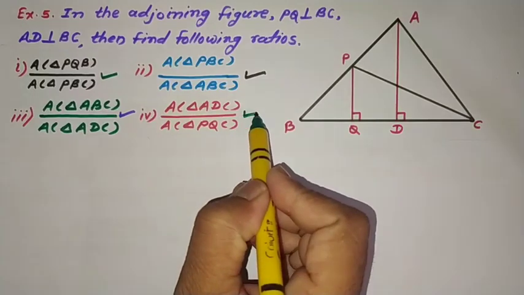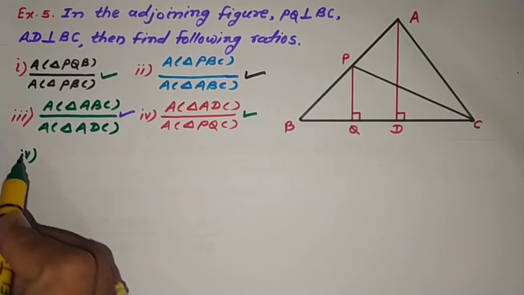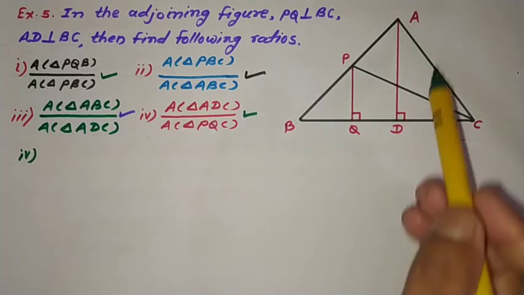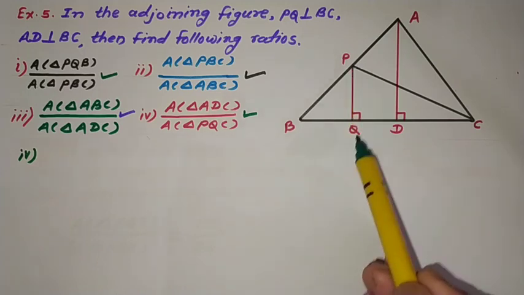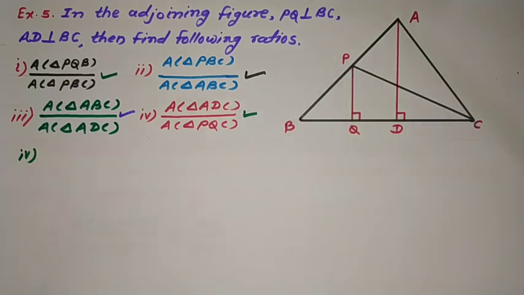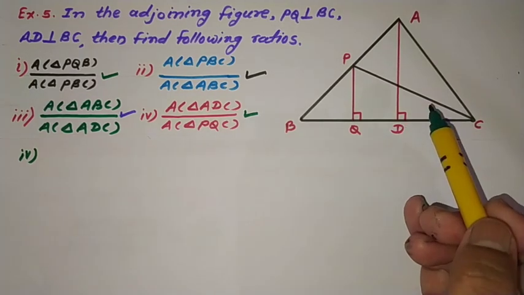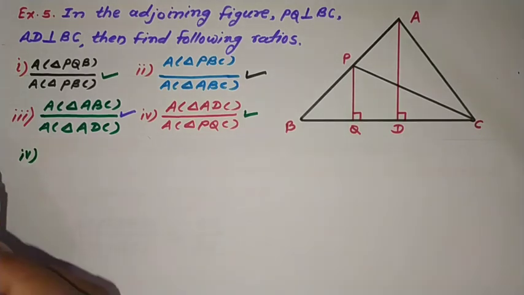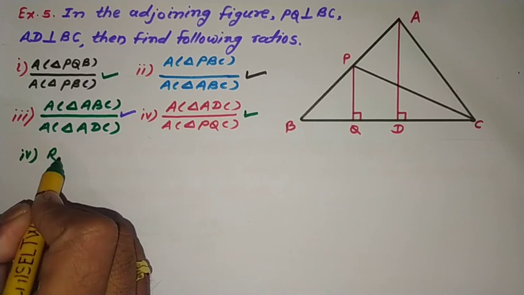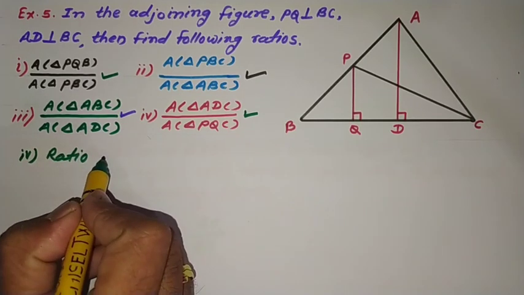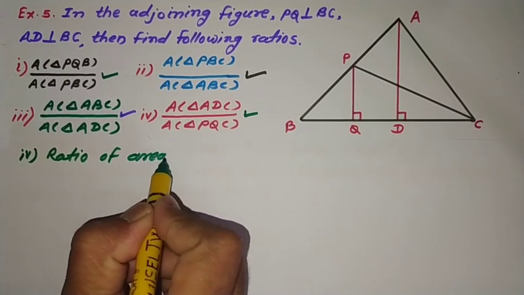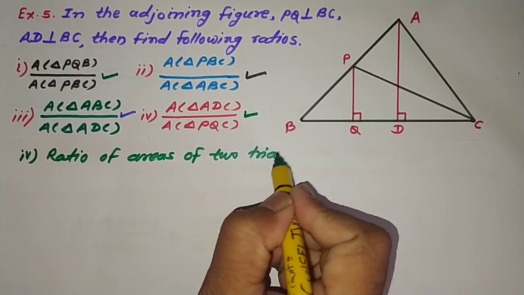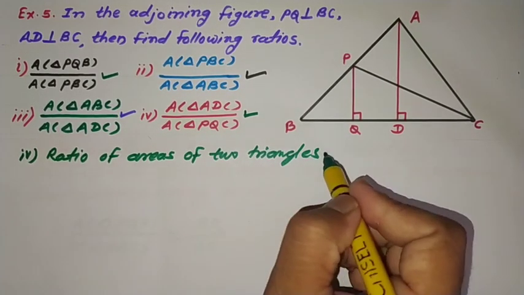See the fourth ratio. Observe in this figure, triangle ADC and triangle PQC. In these two triangles, the heights are not equal and the bases are not equal. So we know that the ratio of the areas of two triangles is equal to